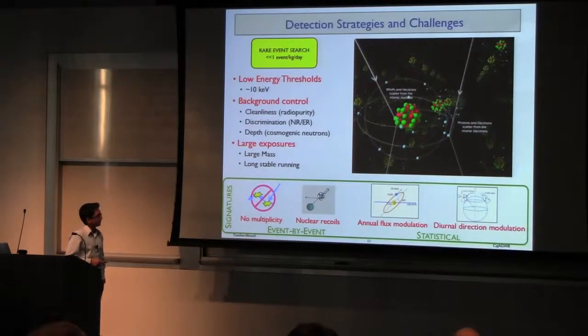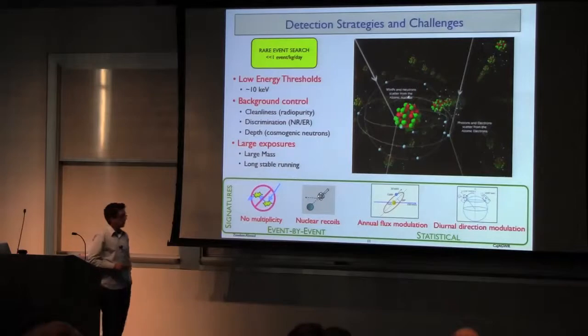And we're looking for nuclear recoil, so nuclear recoil versus electron recoil discrimination will be helpful. So that's how you can do event-by-event discrimination. Alternatively, you can just try to suppress your backgrounds really well and not care about any of these things and